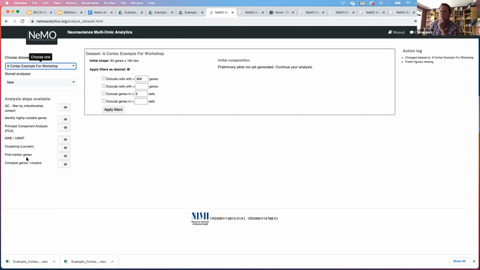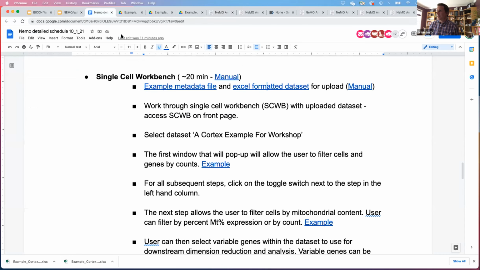Then as you go through the various steps, you can QC based on mitochondrial content. You can identify those variable genes, so you're reducing down your data set, and then you can do the PCA and bring it into reduced dimensional space. So instead of going through this exact workflow, I'm just going to show you those different steps.